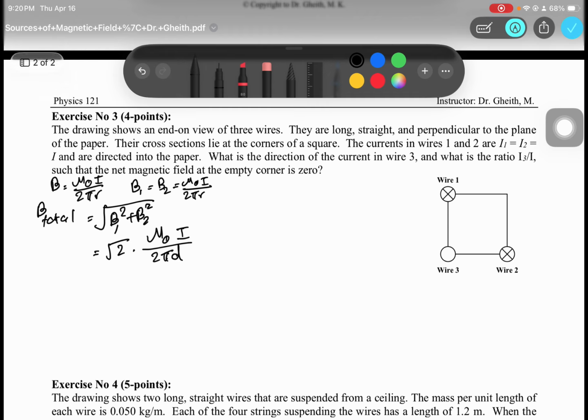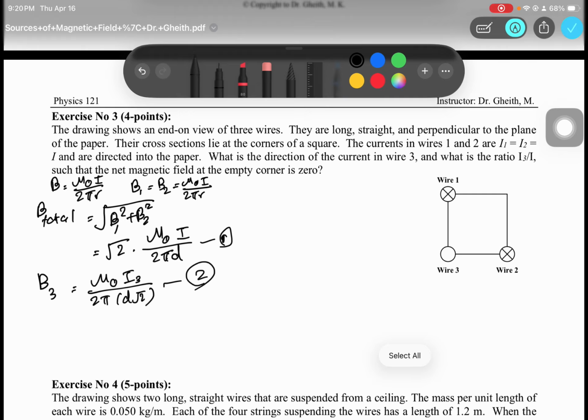This is B total, and B3 is mu naught I3 by 2 pi d root 2. This is equation 1, this is equation 2. So by equations 1 and 2,